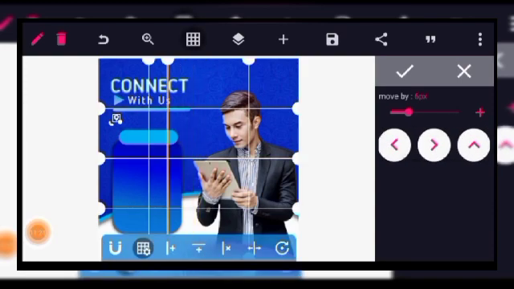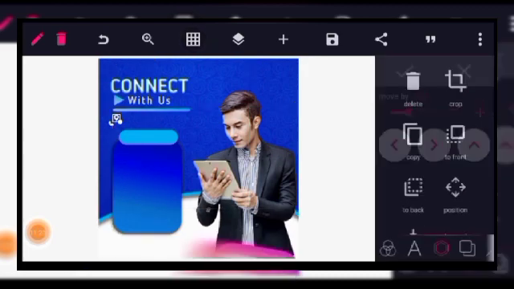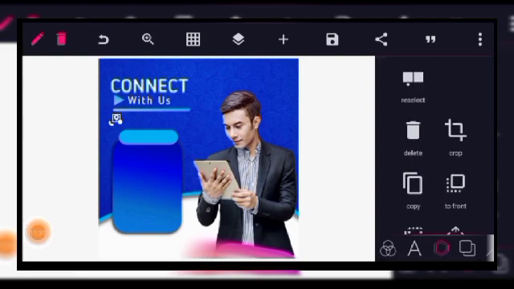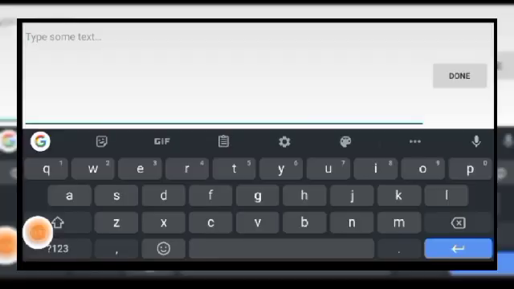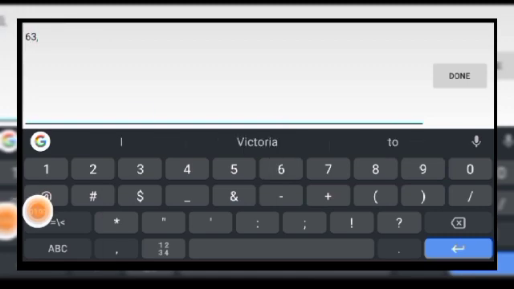Okay, do not forget I'll still be using my ruler here. Sure, it's in a straight line. Yes, it's in a straight line there. Okay, so put it there. Then you can write your address. So this is a social media flyer. You can put your handles, but if you have a physical location, you can put it. So we are putting our location here, 63